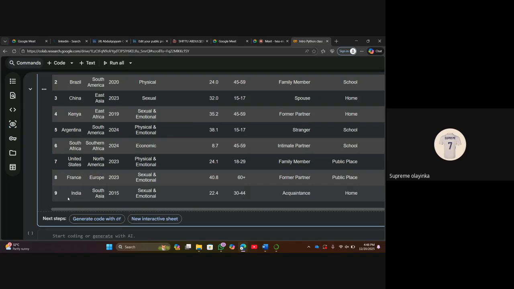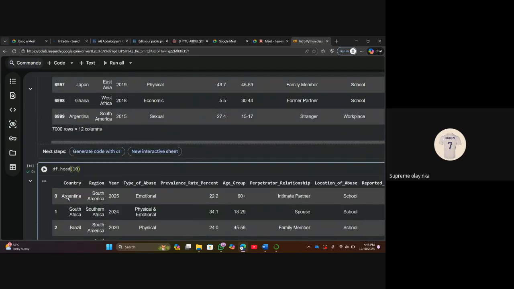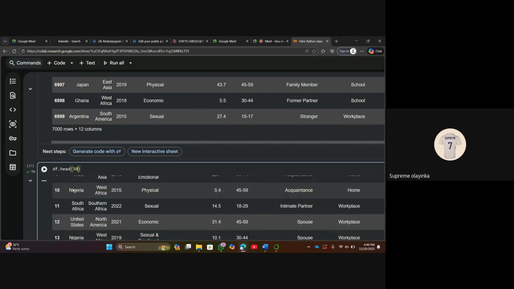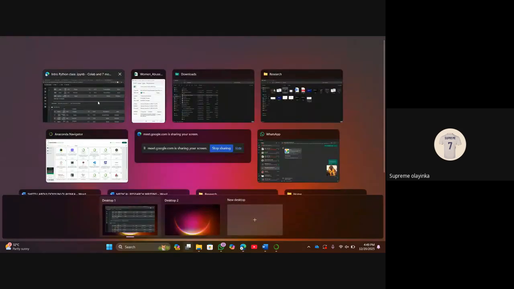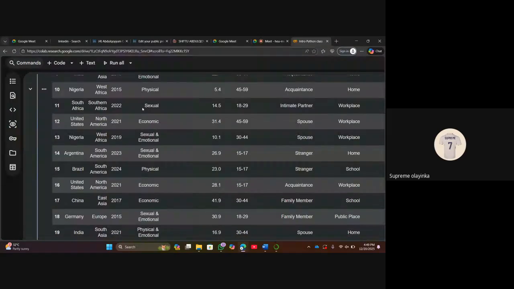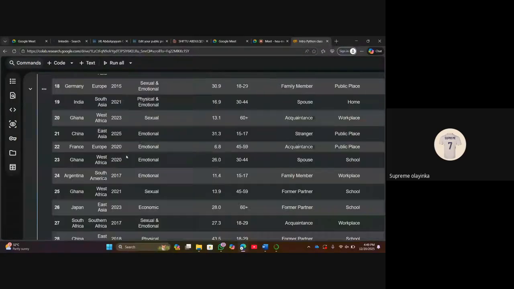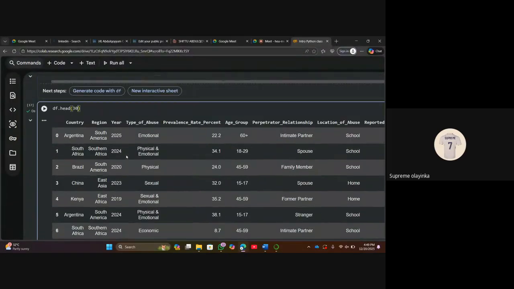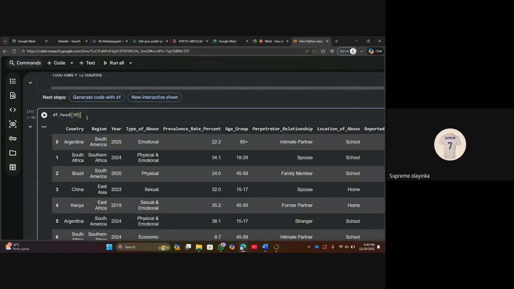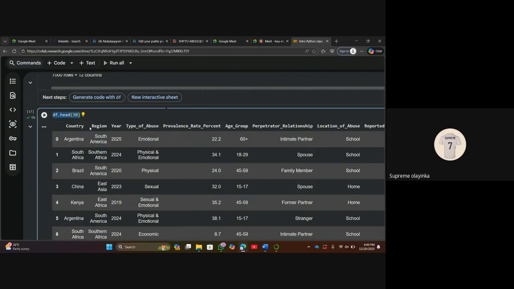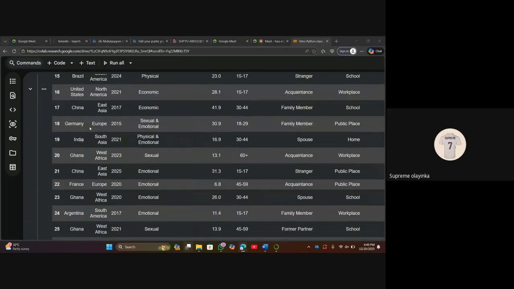Now let's say we want to show the first 30 rows. We just write head 30. Can you see? You have the first 30 rows there. So now what if you want to see the tail of this one, the last rows of this particular data set? So you just go to